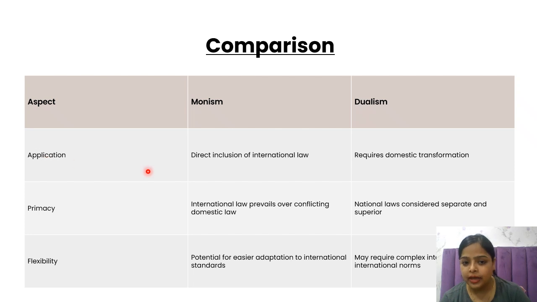So application wise, monism is directly and automatically included in the national legal system, and under dualism it requires a domestic adoption or process or transformation, that there should be a legislation or there should be a legislative process through which the international law will become part of the municipal law. Next comes the primacy, it means the importance. So under monism, international law is given more importance over domestic law, but under dualism, national law is considered separate and superior. Now comes the flexibility, so potential for easier adaptation to international standards, and under dualism it is much